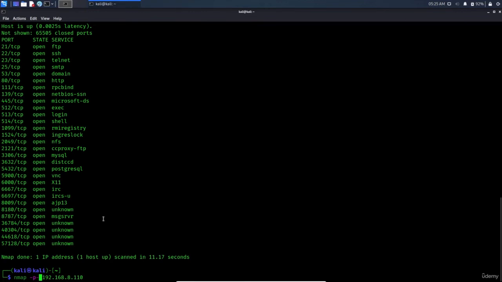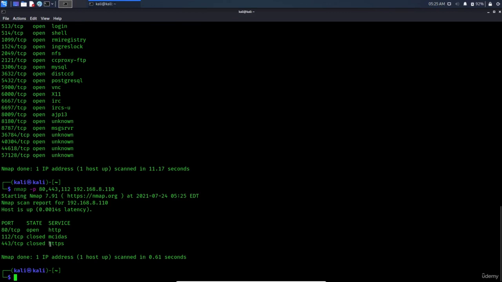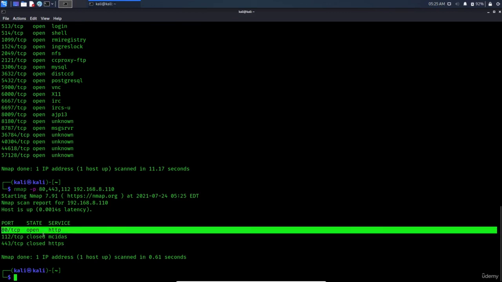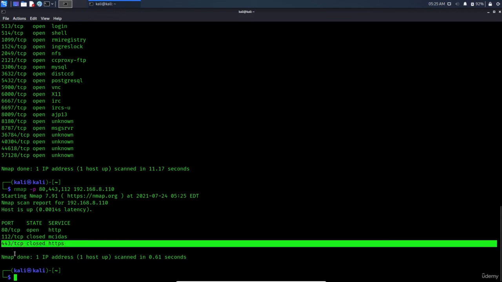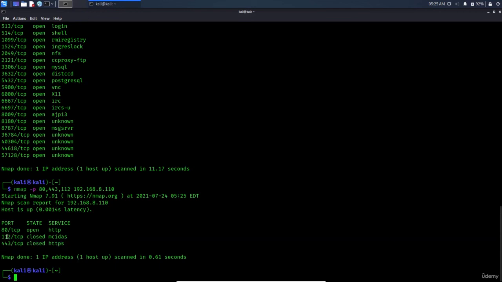Or if you want to just check if port 80, port 443, the HTTPS, is open, you can put that like this: 80, comma, then put 443, or put 112, for example. Okay, so it will start scanning only these 3 ports. So as you can see, the 80 is open, the 443 HTTPS is closed, and the